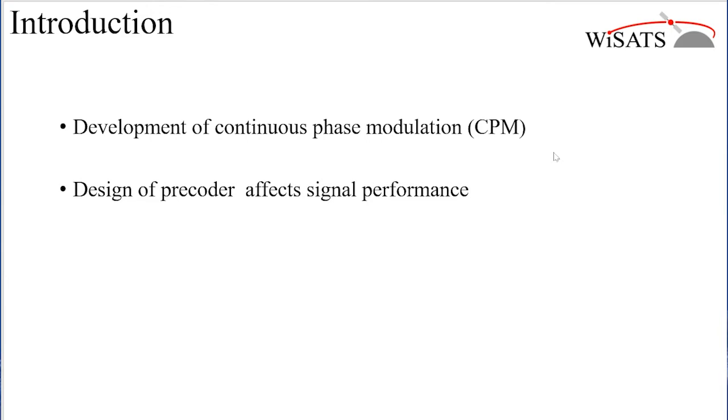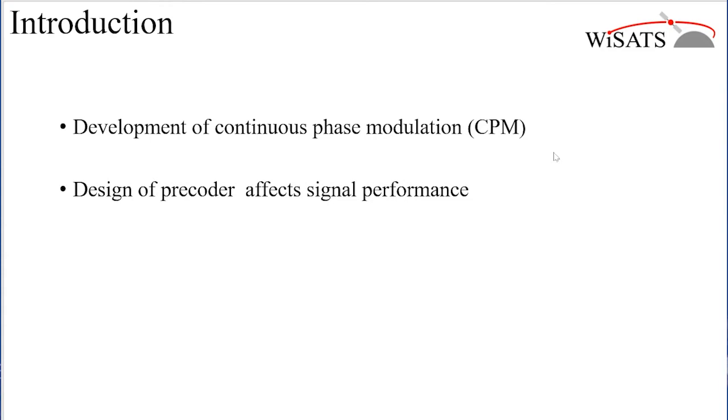A constant envelope and continuous phase allow for robustness against nonlinear distortion and high spectral efficiency. Due to these properties, continuous phase modulation has been widely used in a number of fields, such as satellite communications, deep space communications, and